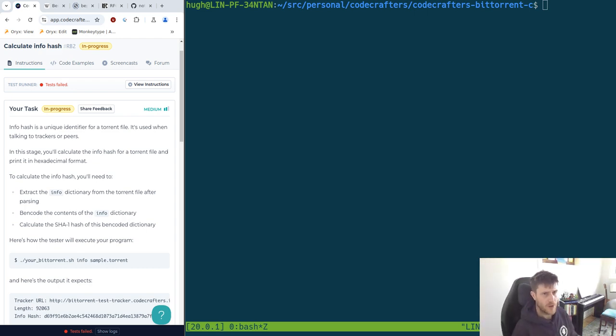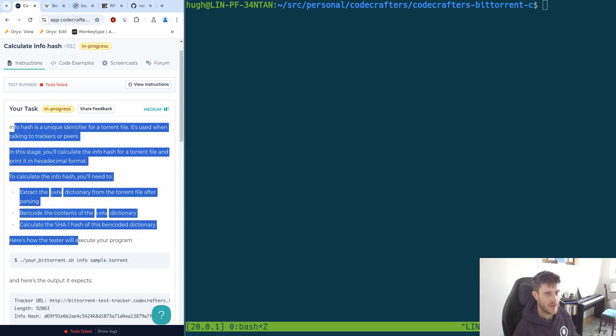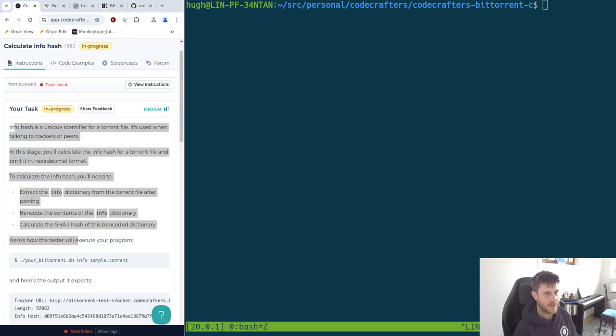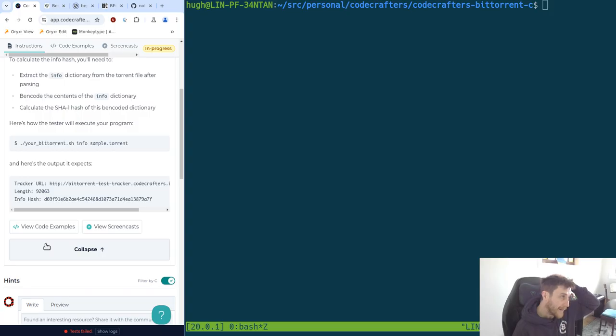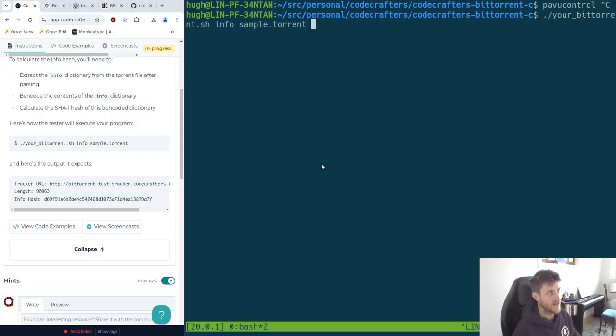So I have been working on implementing the SHA1 protocol, and that was basically so I could read this info hash here and generate this hash here. In the last few episodes I have been struggling at doing that, and now if I run this